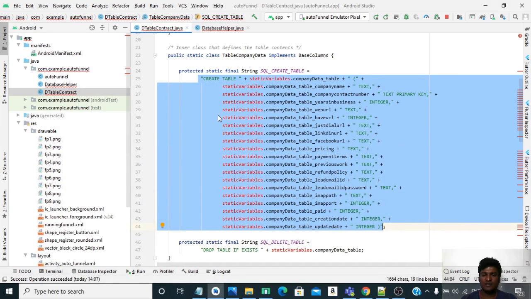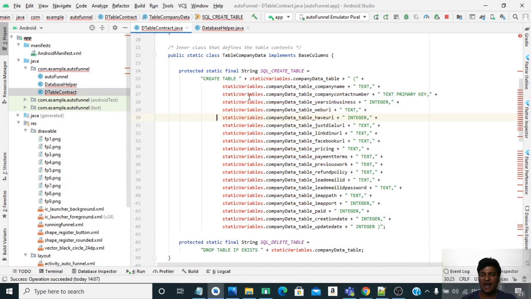So it will not do anything. It will just add these two columns to the table while it creates it. So this is the advantage of BaseColumns, and it is required when you are using this with the predefined functions from Android. So never forget to implement BaseColumns while creating the structure,